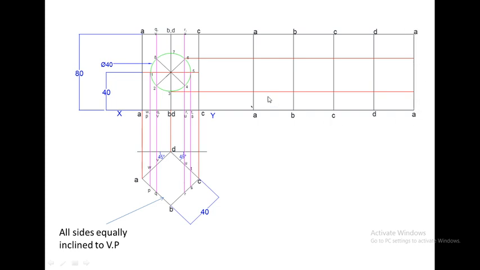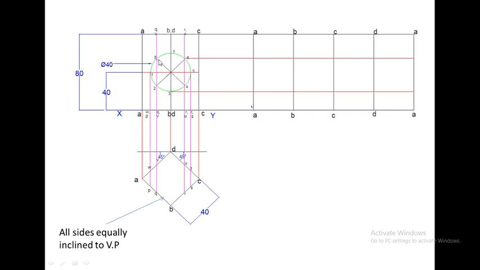So finally we have drawn the lateral surface of the square prism without considering the hole inside it. As you can see, the lateral surface is having 4 rectangles, 1, 2, 3 and 4. So if the prism is a square prism, you will get 4 rectangles in the lateral surface with all the rectangles having equal height and equal length of the bases. Now we will draw the circular hole, or we will develop the circular hole in the lateral surface.